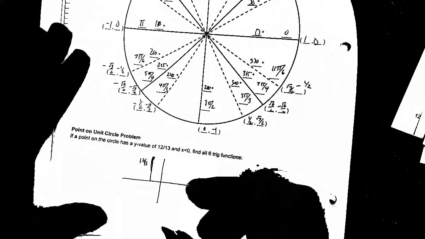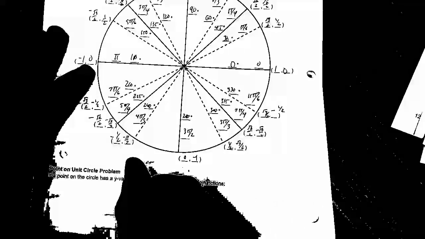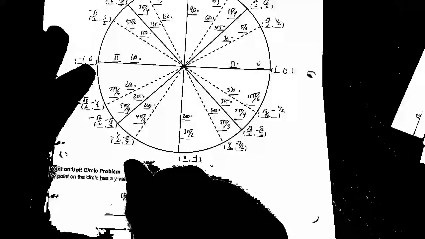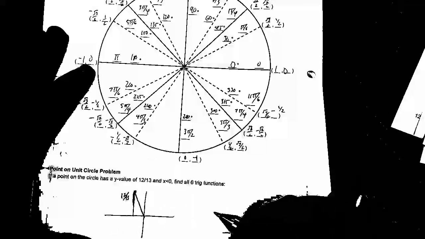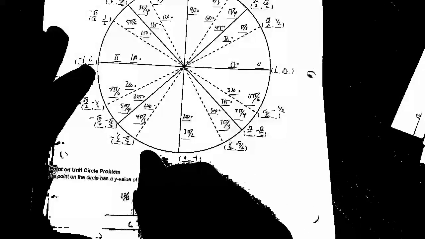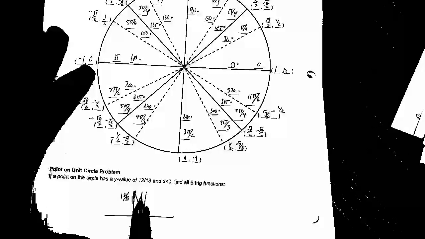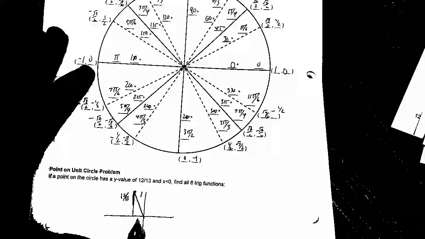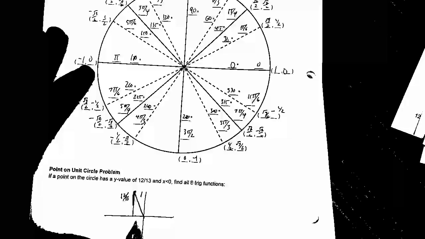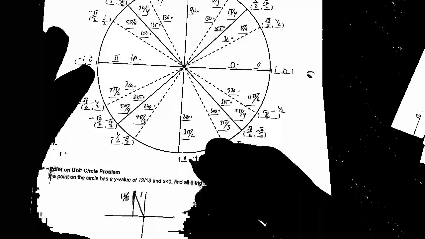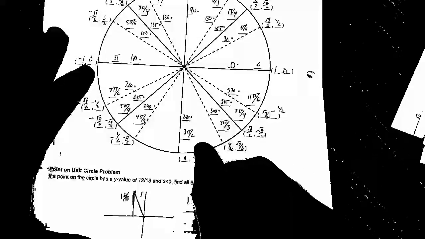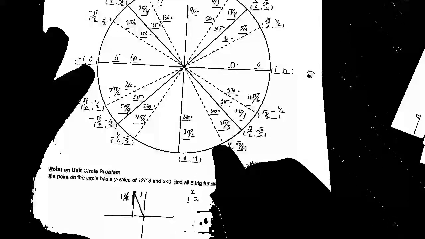This is 12 over 13. The radius or the hypotenuse of the unit circle is always what? It's always 1. Okay, so I know this side. I know my hypotenuse. I have to find the short side, so I need what theorem? Pythagorean theorem. So we're going to say 1 squared equals